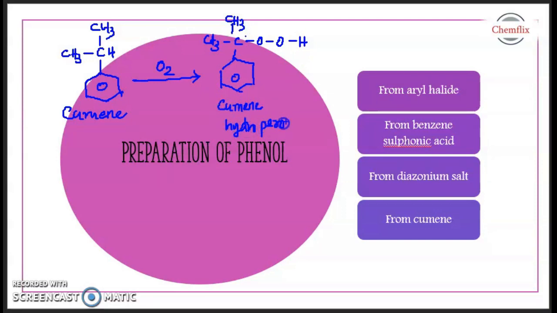അപ്പോൾ എന്താ നമ്മൾ ആദ്യം ചെയ്തത്? ആദ്യം ക്യൂമീൻ എടുത്തു, ഈ ക്യൂമീനെ O2 വെച്ച് ആഡ് ചെയ്തു. That means ഒരു ഹൈഡ്രോപെറോക്സൈഡ് റിംഗ്, ഓക്കെ, ഒരു ക്യൂമീൻ ഹൈഡ്രോപെറോക്സൈഡ് ഫോം ചെയ്തു. Okay, then again